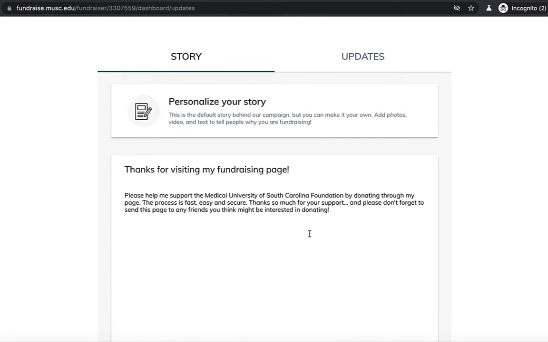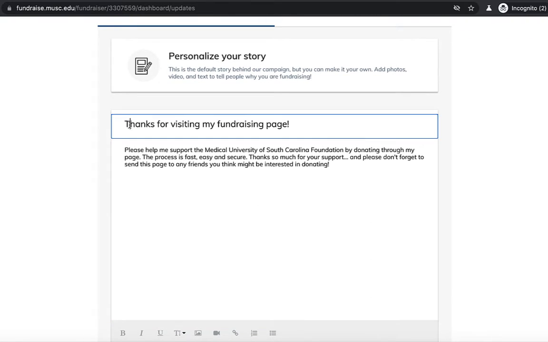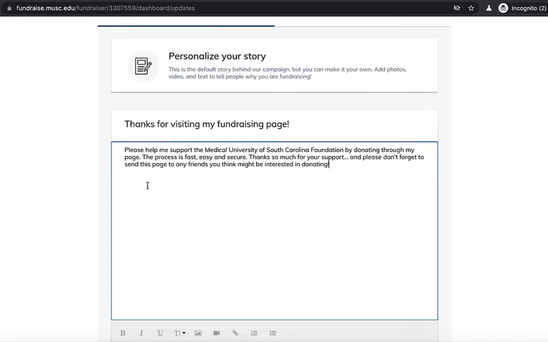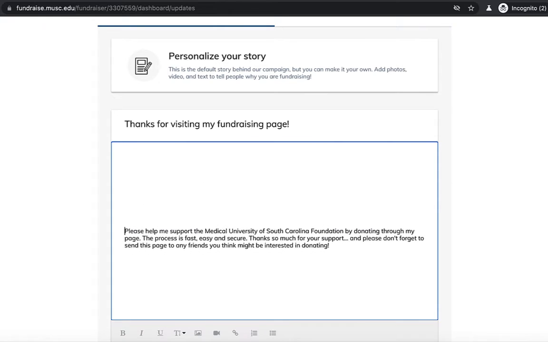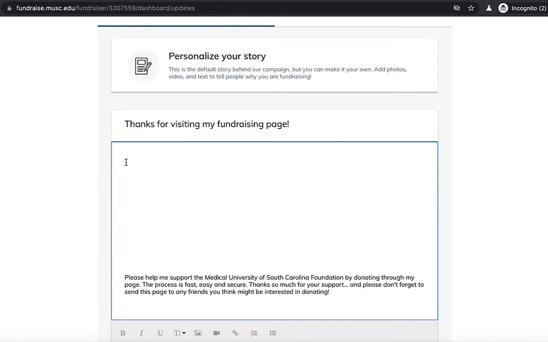All right, scroll down and here you can absolutely edit whatever is written here. MUSC has done a little bit of text that they've preloaded on their end for this fundraising campaign. So what I would like to do is just leave their stuff down at the bottom. I really wouldn't delete it. But then up here you can start typing in welcome, friends and family, and then start typing in something that